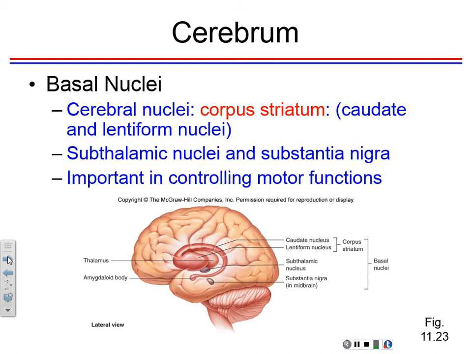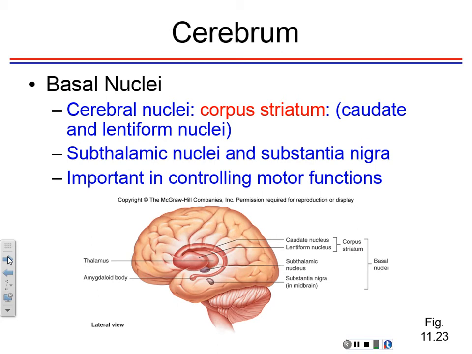And in fact, these are the ones that are involved in Parkinson's disease, including some of the other ones we mentioned. But there's three of them that are really involved in Parkinson's disease, and I'll cover them at the end in a little bit. So those basal nuclei that are located in the cerebrum are called corpus striatum, because the